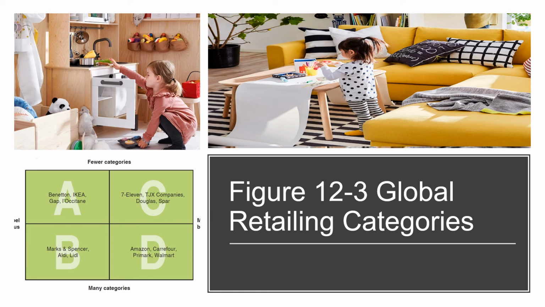Typically, low prices are a result of buyer power and sourcing advantages that local retailers lack. Carrefour, Walmart and other retailers in quadrant D, or category D, offer the same type of merchandise available from established local retailers. What the newcomer brings to a market, however, is competence in distribution or some other value chain elements.